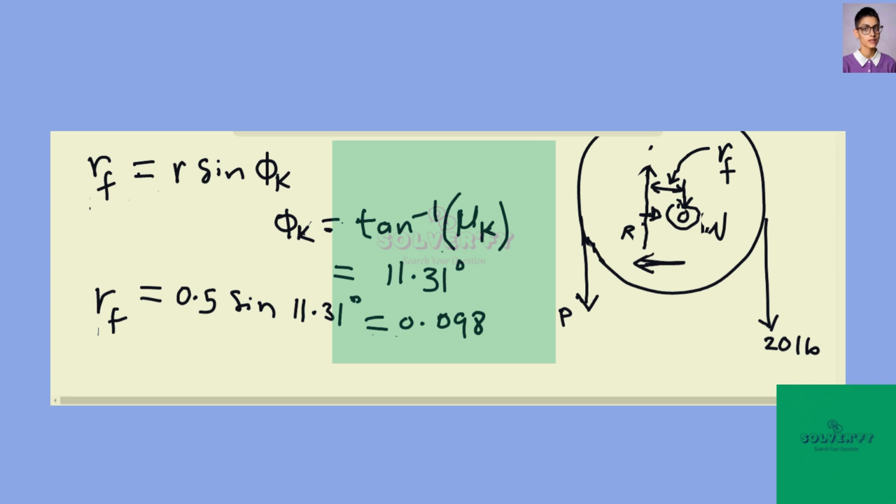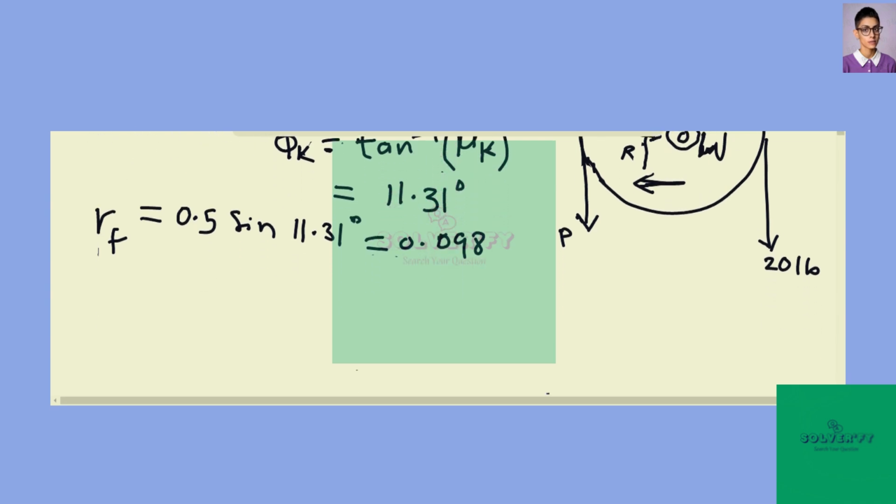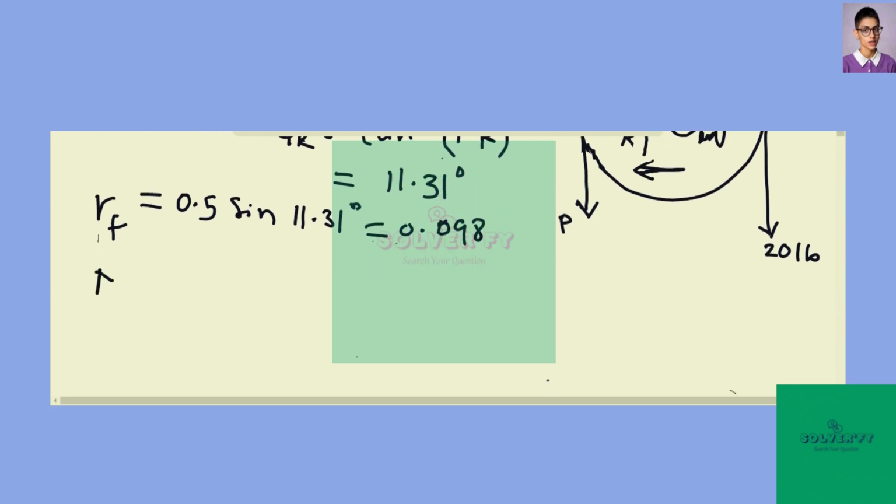That tells you that if you want to take moment about this other side, it has been shortened already by that amount of r_f. While for the other side of the circle, we will have a gain of r_f. So if we take summation of moment about D that is there,